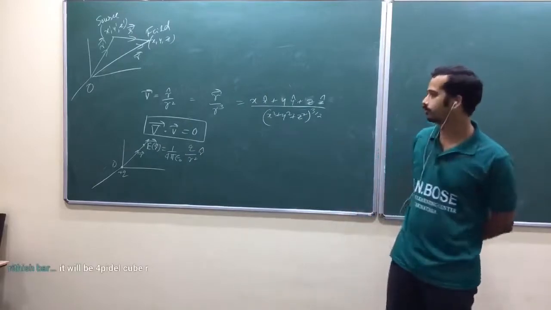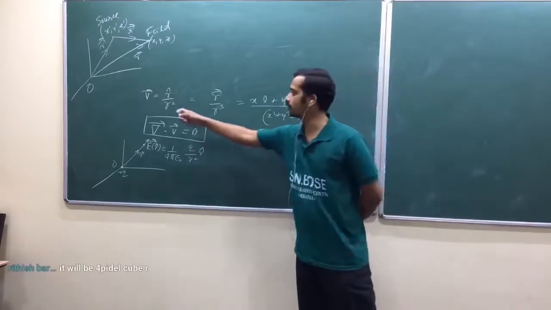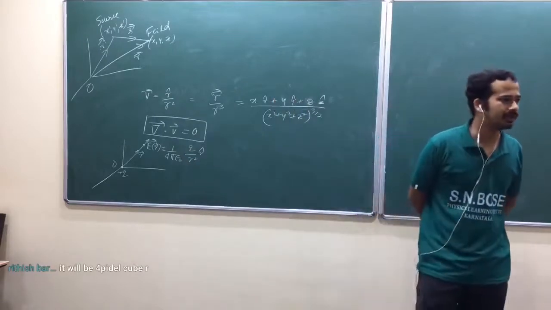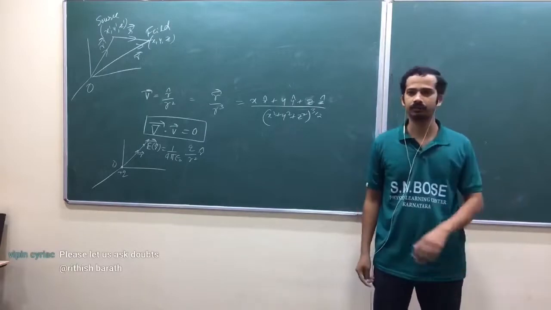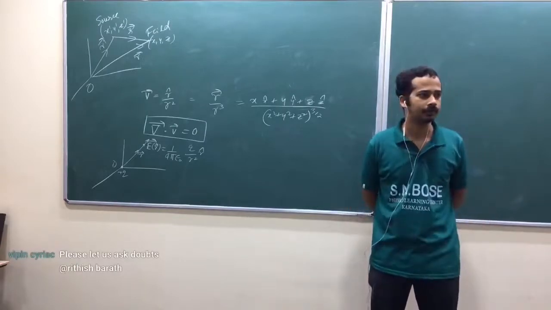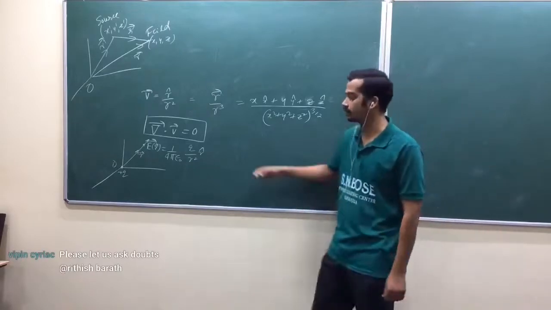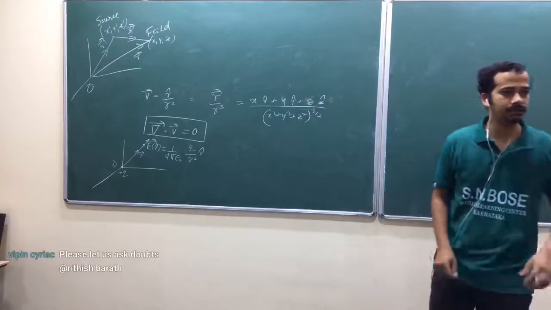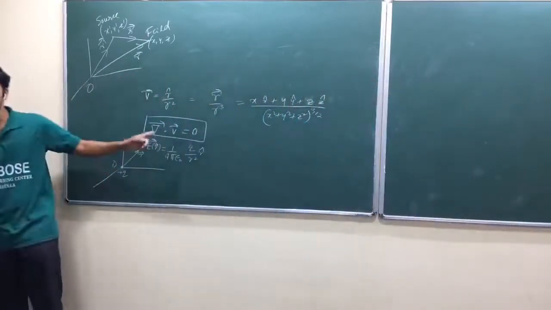We should have got non-zero at the origin. Why did it fail to give non-zero at the origin? Because you can't take the derivative at the origin, because it is infinity, isn't it? It's a kind of discontinuity. When it touches infinity at any point, you can't take the derivative over there, okay? So our mathematics fails here to explain what happens at the origin. Is that okay? And we need to edit this equation using Gauss theorem later.